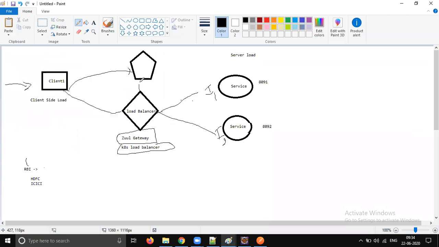But anyway, this load balancer will also connect to the Eureka server, because the load balancer won't hardcode system IP addresses and URLs. Like tomorrow you go and spin up one more instance, then go and modify the load balancer? Don't do that. Attach the load balancer to Eureka. Automatically the load balancer will talk to Eureka and come to know what instances are in use and where they are running. So you need not configure that this service is running on 8091, and tomorrow you spin up one more instance and modify the load balancer again. No such kind of scenario.